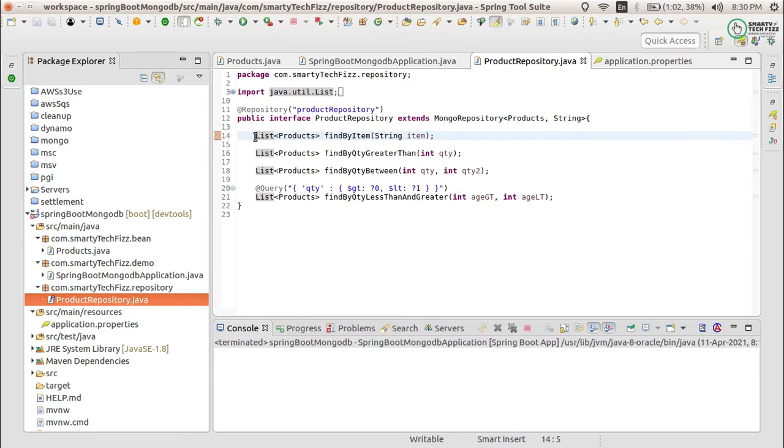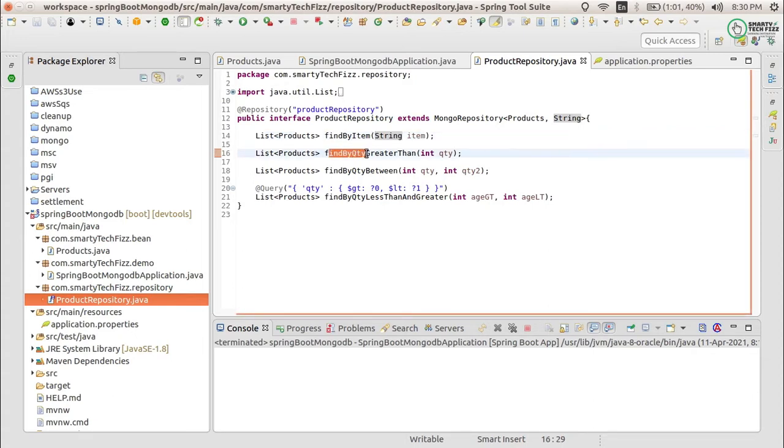But yes, sometimes there may be some queries which are not supported by findBy something else. In that case, there is another way. We will go step by step. Now another query I can have is, I want to find the quantity having a value greater than this, so I just wrote findByQuantity.